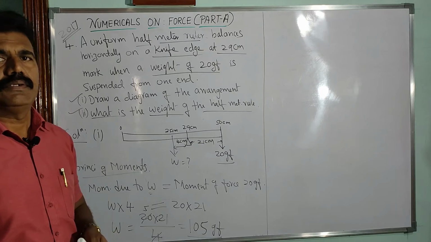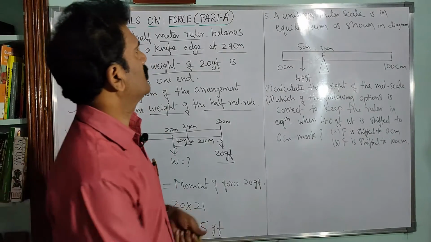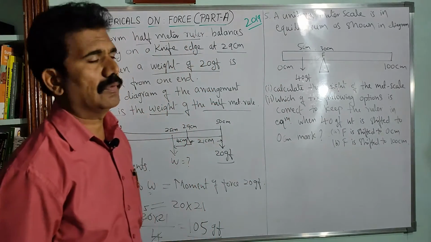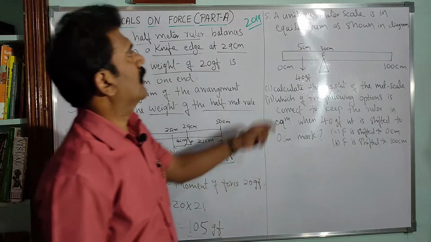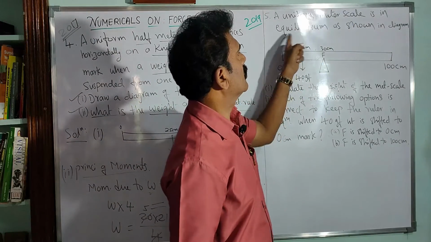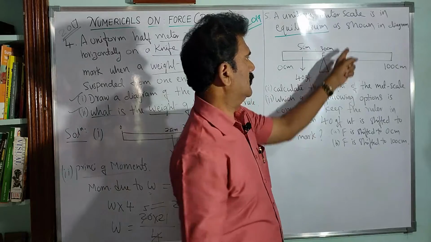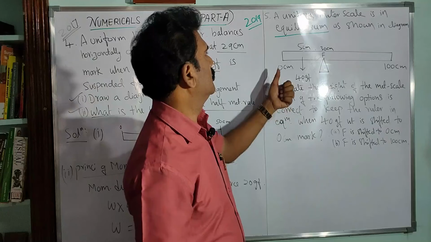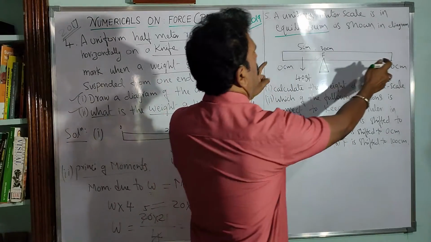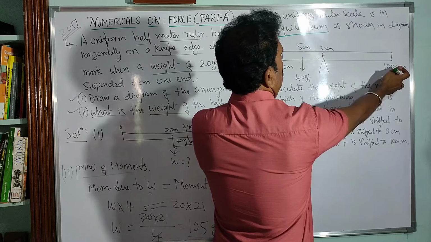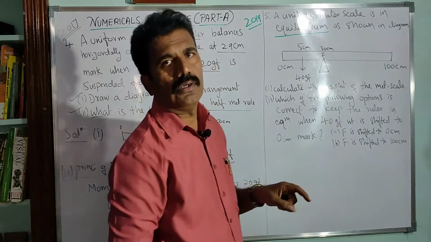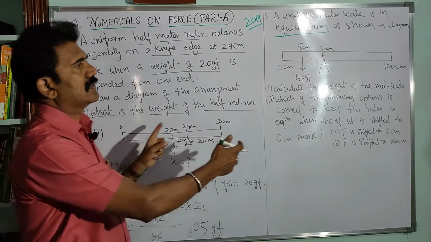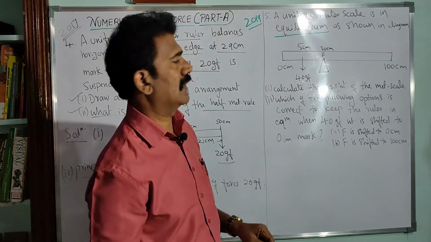And now look at one more numerical problem which was asked in the year 2019 question paper of the ICSE board. In this problem, a uniform meter scale is in equilibrium, just as shown in the figure. So you have to consider the numericals given in the figure. See, this is the meter scale because it reads 0 to 100 centimeter. In the previous problem, it was actually a half meter scale, isn't it? Now it is given as a 100 centimeter scale, so it is called a meter scale.